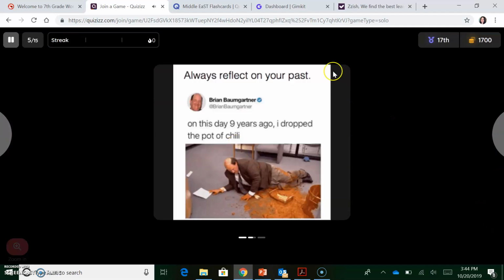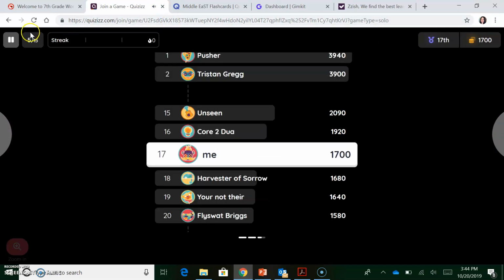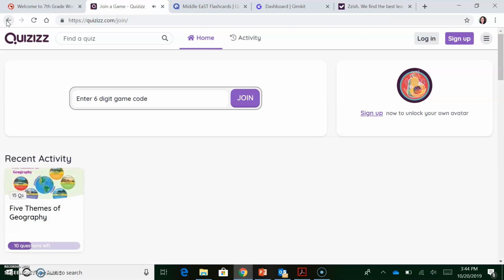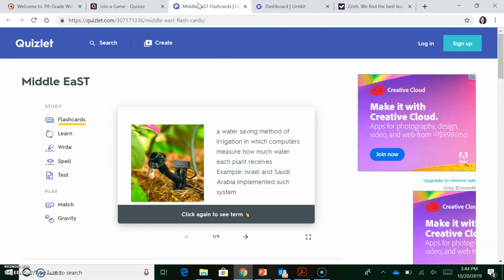All right, but see, you can kind of see how quizzes works based on that. Login and sign up is free. That's another thing that's really great. So very similar to Kahoot, but again, it's more user-friendly and more encouraging, and it's student-paced, which is the biggest thing. Now, for those of you who are not familiar, here is Quizlet.